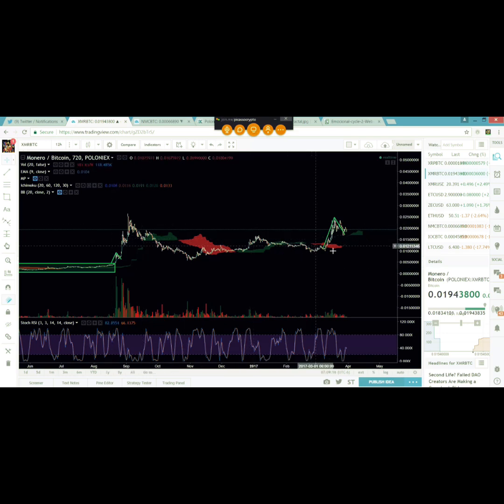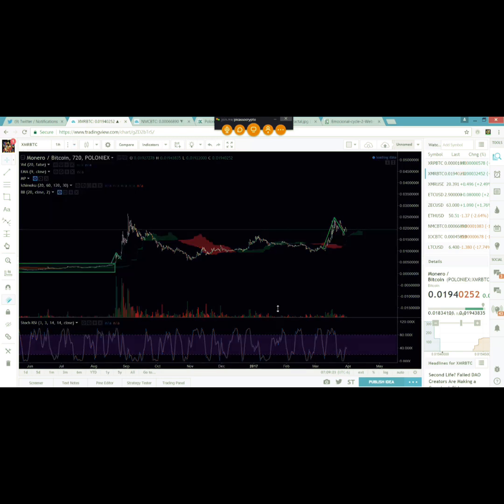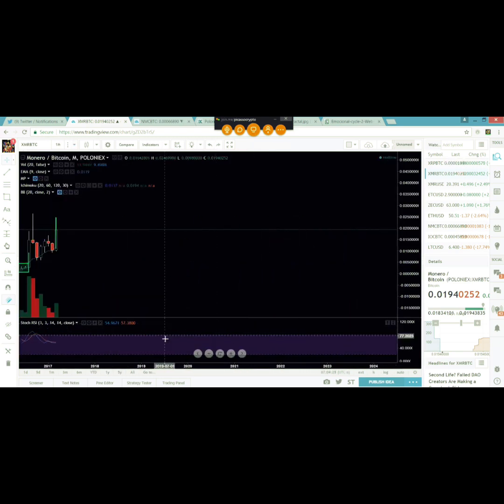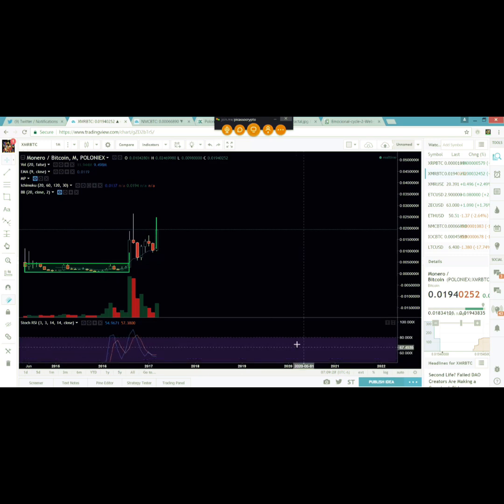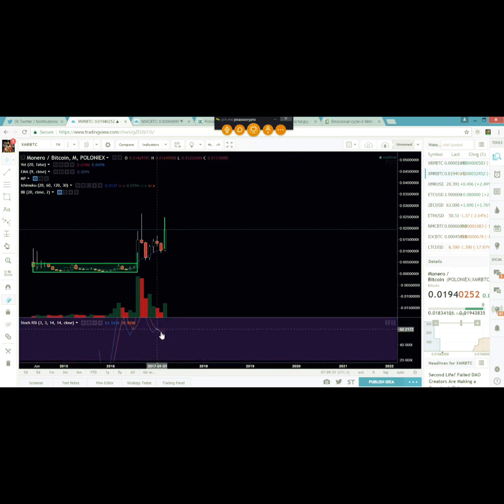And the indications for that are going to be that you have this market cycle that got left behind, this resistance area that broke, and then when you start to look at bigger pictures, stochastic RSI, time frames, strength, stuff like that. Our monthly is, if we keep pushing up here, going to turn again and start to go up again. Now, this is one of the few coins that the monthly stochastic RSI is already kind of up here because we had this move here not that long ago.